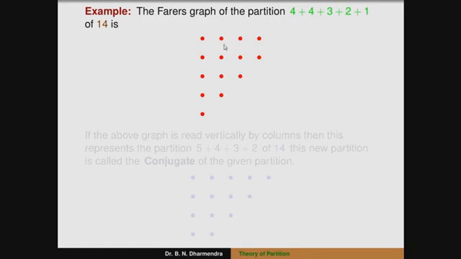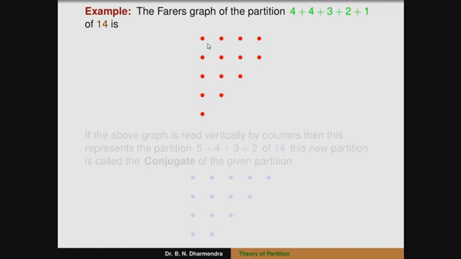So the 14 can be written as a graphical representation of the parts of the partition, like this in terms of an array. And also, when I take the columns in terms of the rows, here we observe 1, 2, 3, 4, 5. We have to interchange column by row or row by column, and that is what we call the conjugate of that partition.